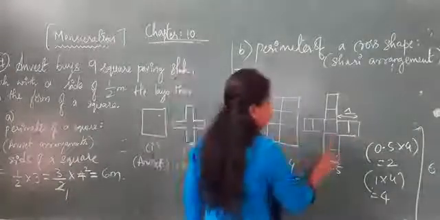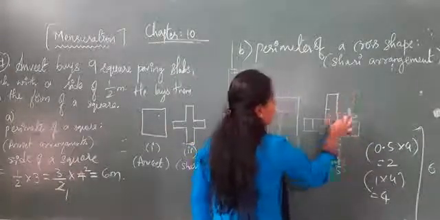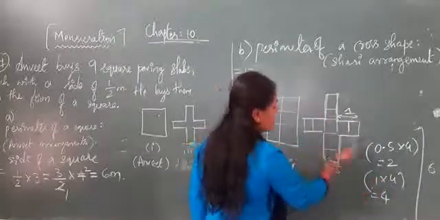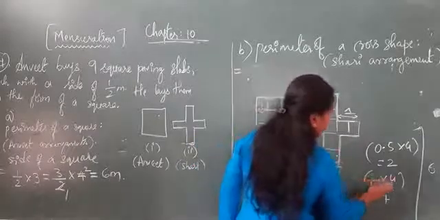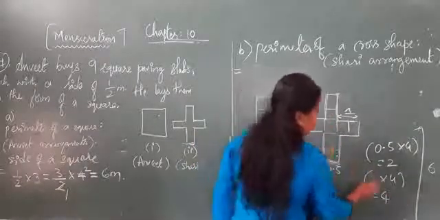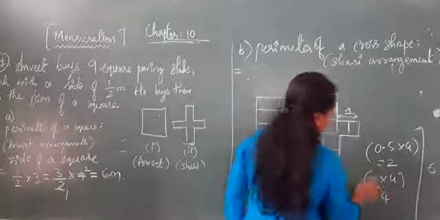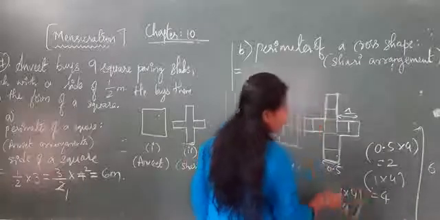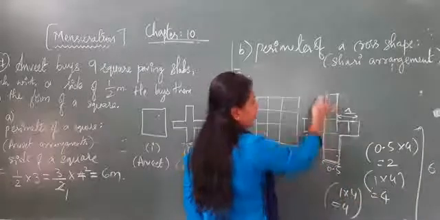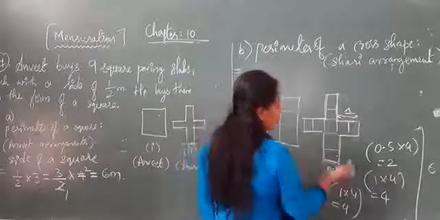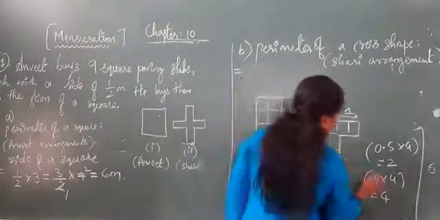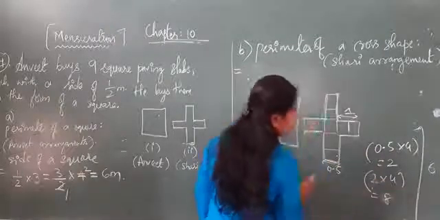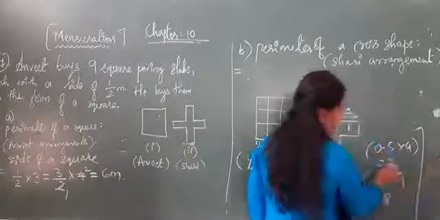So 1, 2, 3, 4, 5, 6, 7, 8. So this again will be taken. One side is 4, the 2 sides will become 4, or else you can take it as 8 sides. You can take that 8, or 2 fours also you can take. First I take 2 times that: 1 into 4 is equal to 4. In the bottom, the other side is one more side. So it will be taken as 2 fours, it will become 8. If you consider 2 fours, 8, you can take it. Now if you take 2 plus 8 is 10.